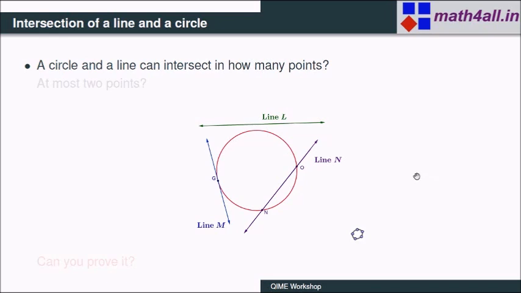Completely, it does not intersect. The other possibility is like this: it intersects at one point, and the other is that it cuts the circle at two points. Right? The question is,